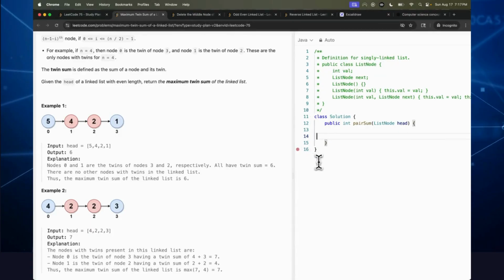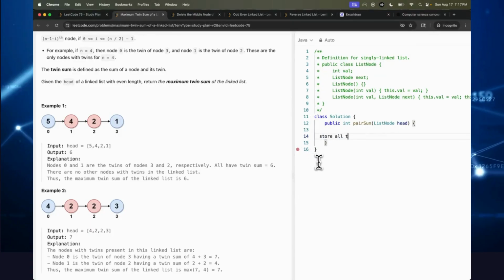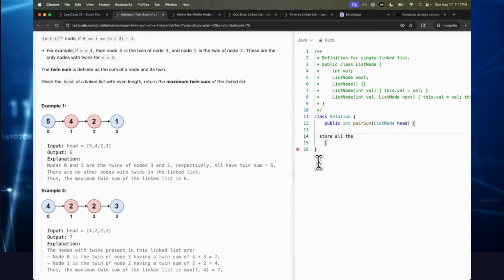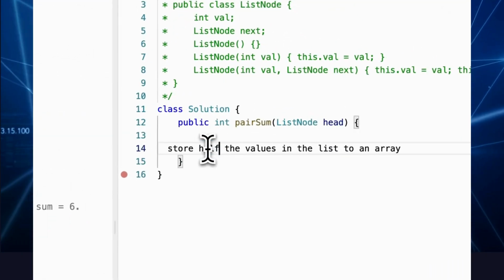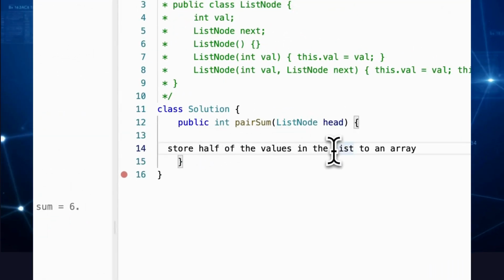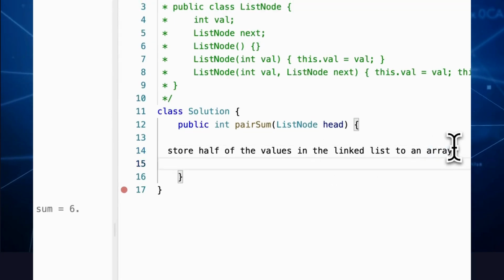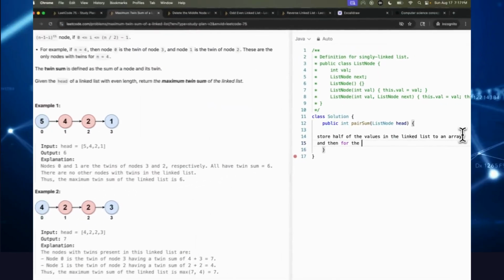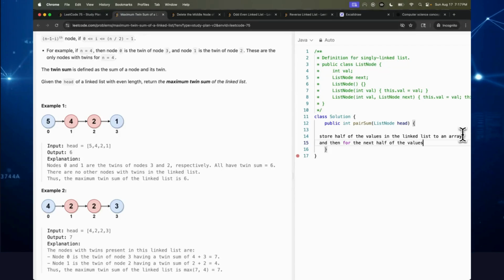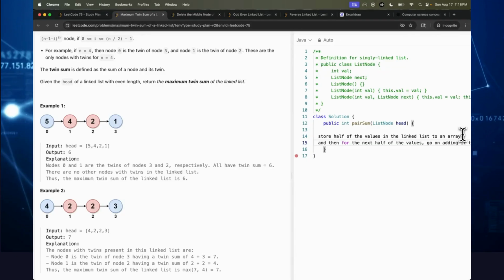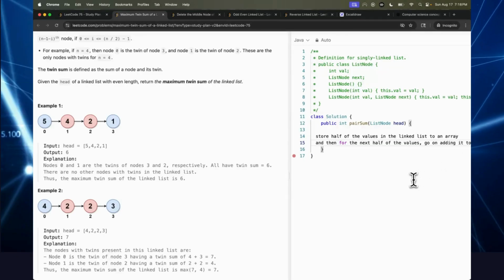Basically, let's say I'll store all the values in the list to an array. Store half of the values in the linked list to an array, and then for the next half of the values, go on adding it to the